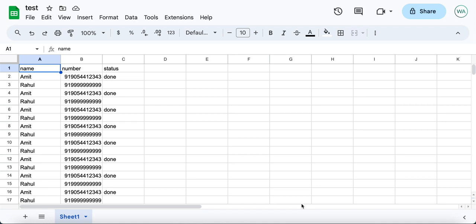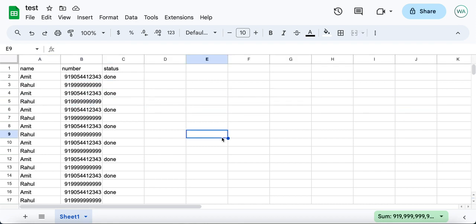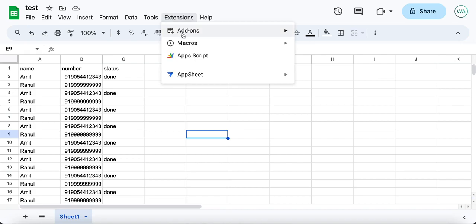Let us consider a situation wherein you have an existing data set in your Google Sheet and you want to trigger automations for each row in this sheet. The very first thing that you need to do is click on extensions, click on app script,